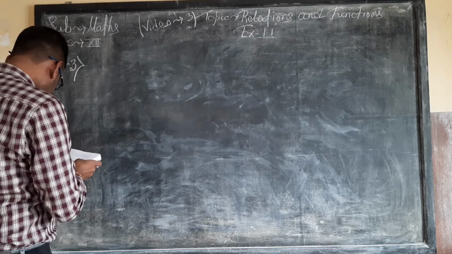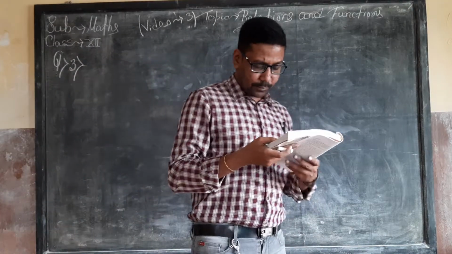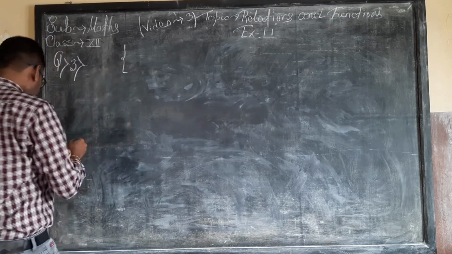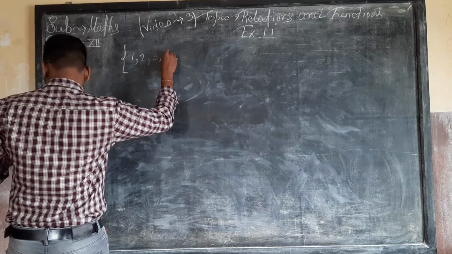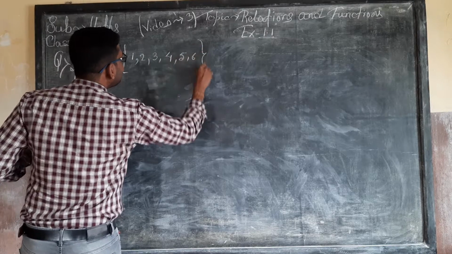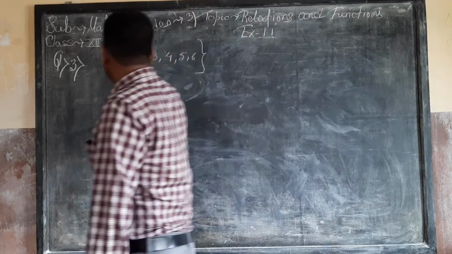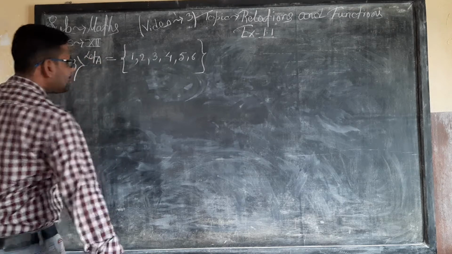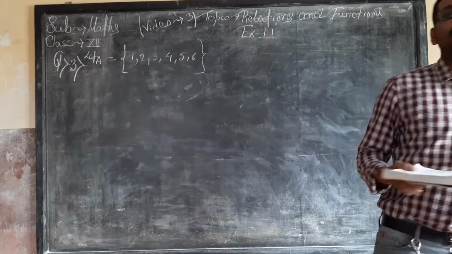Question number 3. Check whether the relations are defined in a set. So, a given set 1, 2, 3, 4, 5, 6. This is our given set, and this set contains the 6 elements. Let the name of this set be A, and a relation R is defined in this set A,